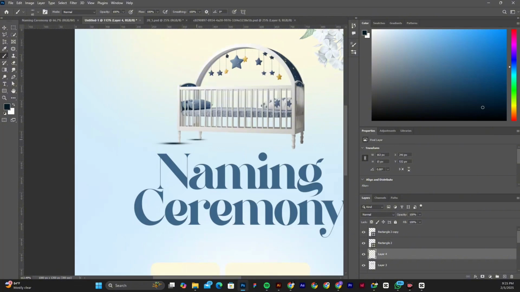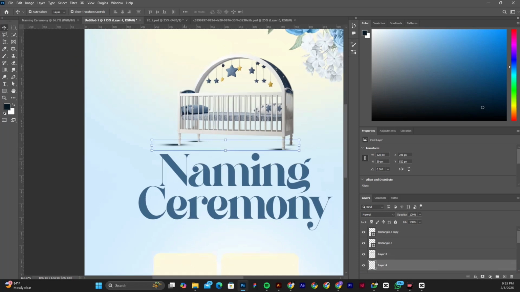Increase it again with the bracket key, paint another shadow there, then reduce it and paint the last shadow here on the leg. That wasn't painted very well. There, so the shadow is above the crib. So we'll take it down below the crib,